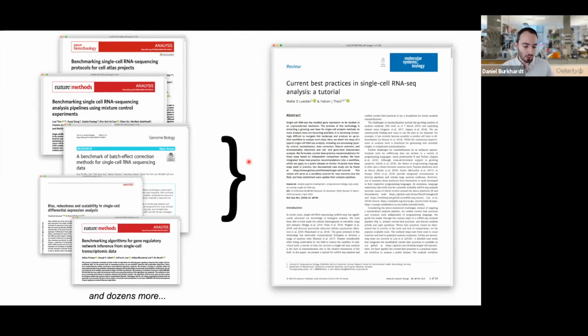And what we noticed is that there are dozens and dozens of independent benchmarks. Each of these typically identify a particular metric or data set that they're interested in, and then oftentimes, that is sort of the end of it. And these best practices then get replaced by new benchmarks using new metrics on new data sets. And so there wasn't really this kind of consistency that we observed. And it's really interesting to think about if there's a different way to sort of organize these longitudinal, continuously updated benchmarks.